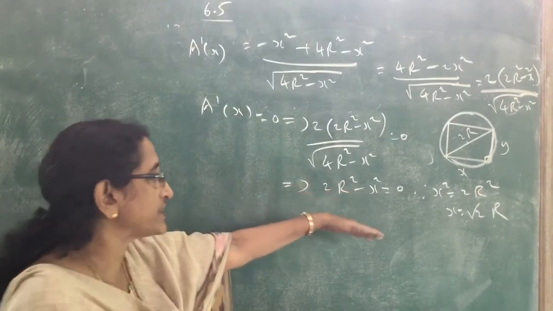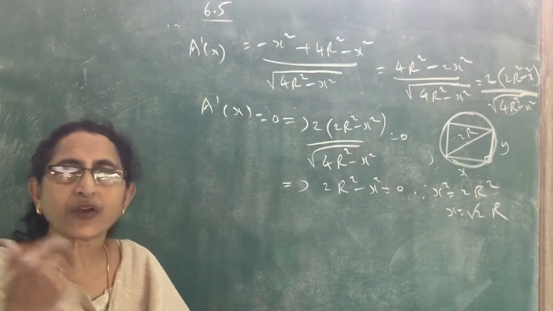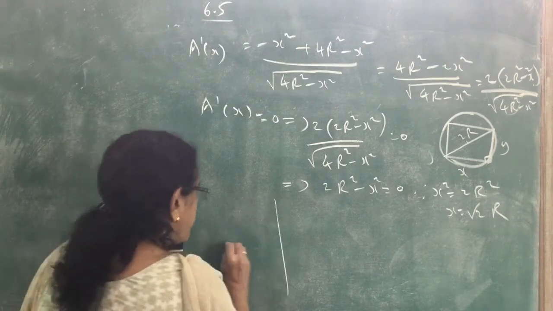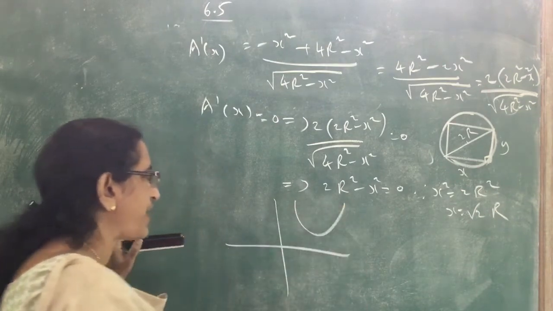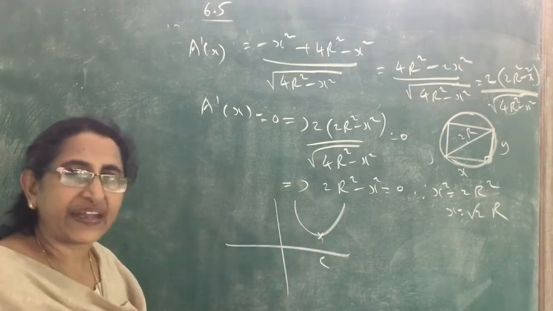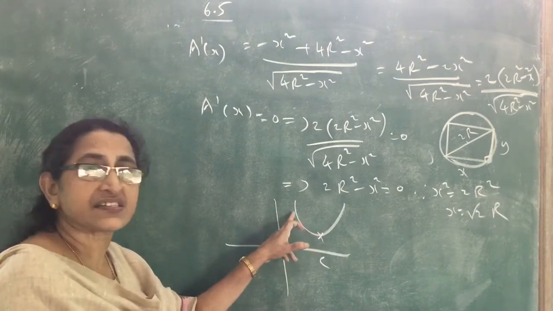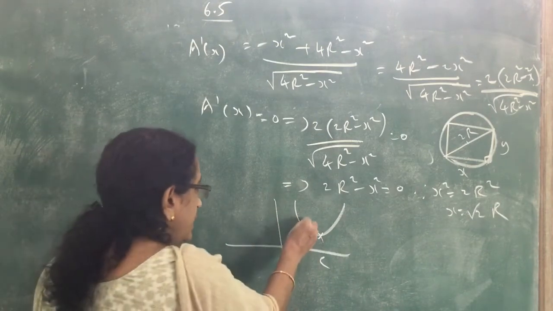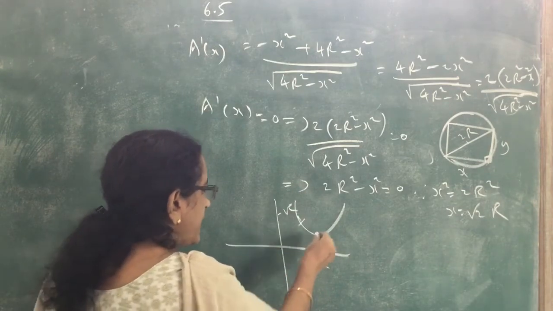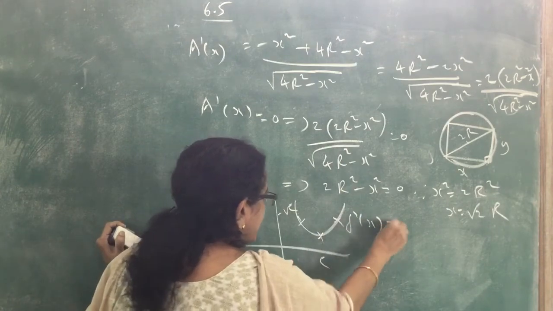So we have to show that at this value of x, the area of the rectangle is maximum. So now we are going to apply the first derivative test. What is the first derivative test? See here. Suppose the function looks like this. At x equal to c, the function is minimum if, when x is less than c, f dash x is negative. Decreasing means f dash x is less than 0. Increasing means f dash x, the first derivative, is greater than 0.